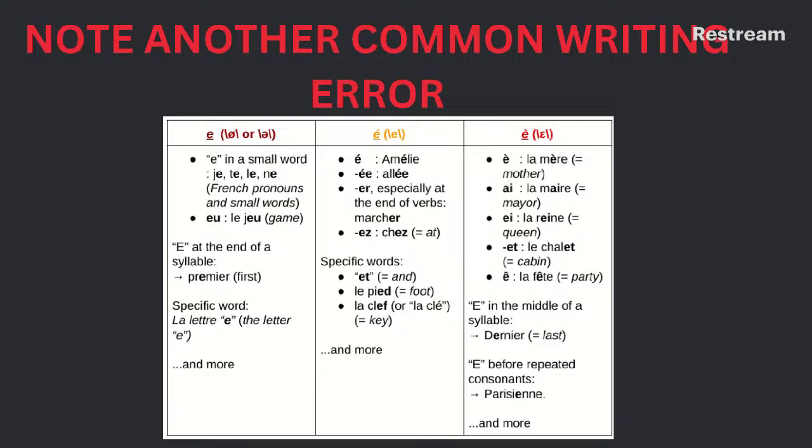But the general gist of it is that when we're talking about ER verbs, you often have an E with an accent going that way when we're looking at the past participle. And for specific words like pied, or clé, when E is with the other way, I guess it's hard to note, but I think the main difference is between when you have E without an accent or E with an accent. I don't think they'll be too harsh if you put the accent the wrong way, unless it's a word like préféré, where it's important to get the accents right,